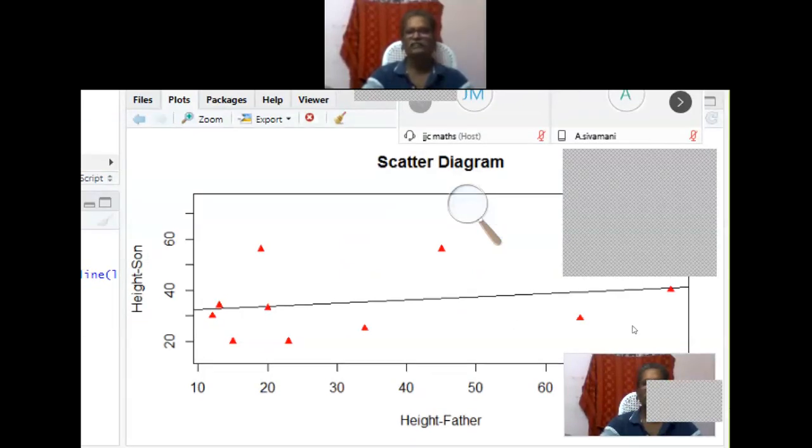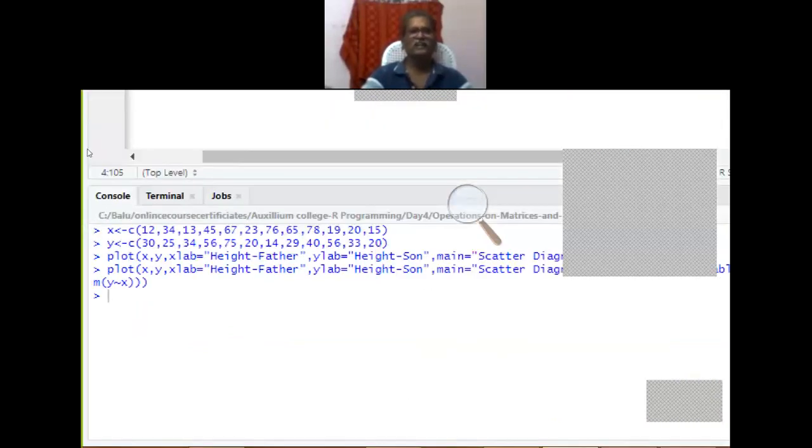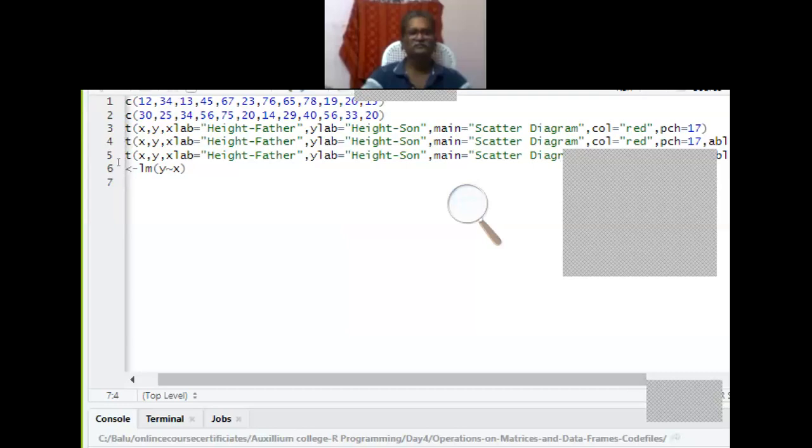This is our regression fit. Above the line, we can see some of the items above the trend line, some of the values below the trend line, and some of the values on the line. So this shows our regression fit. Using a diagram, we can see how the values are fitted to the regression. That is possible. And if I execute the next command,